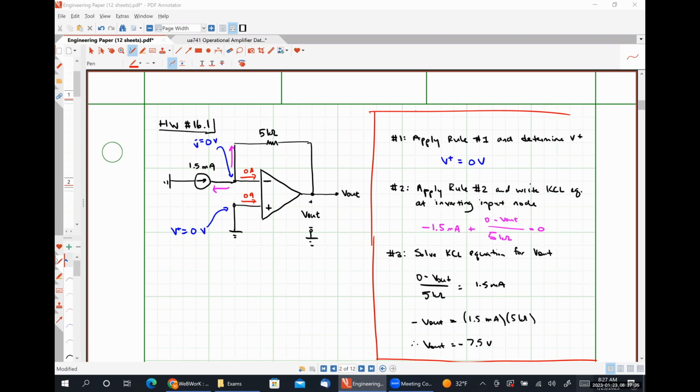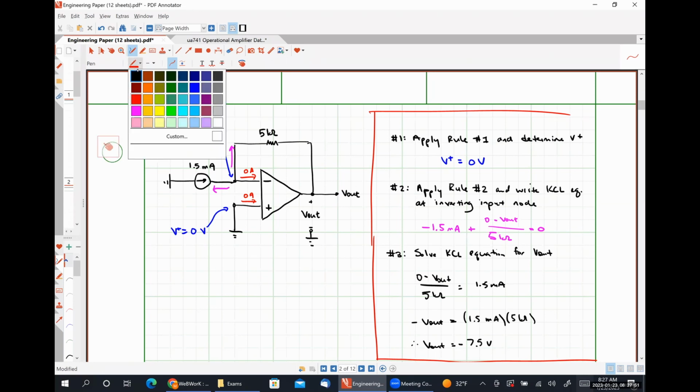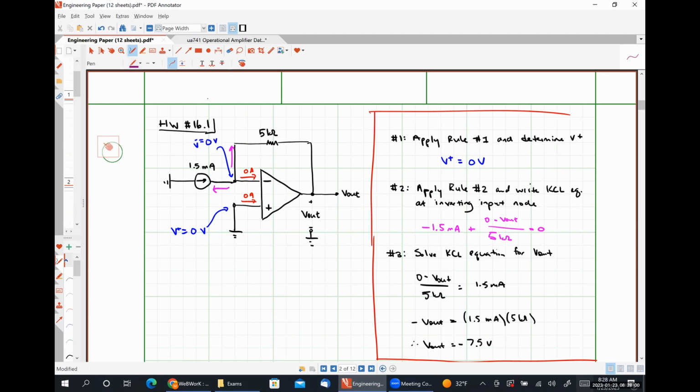All right. So before we move along to our second homework problem, I want to show you guys a couple of kind of red herring type things that you might see in problems that you're asked to work. I call them red herrings because from an analysis perspective, they don't really do anything. That being said, from a circuit performance perspective, they can be pretty important. Okay. So the first thing that you might see